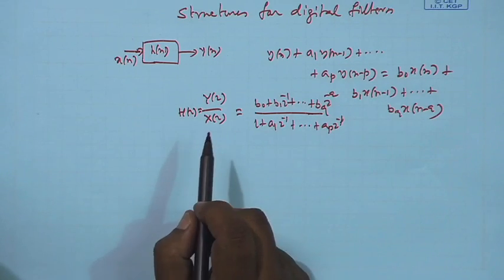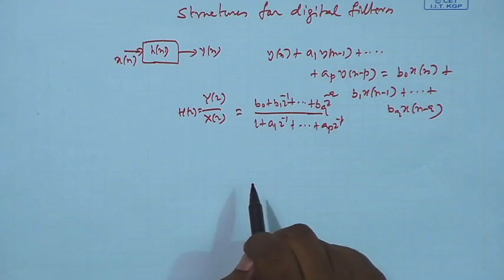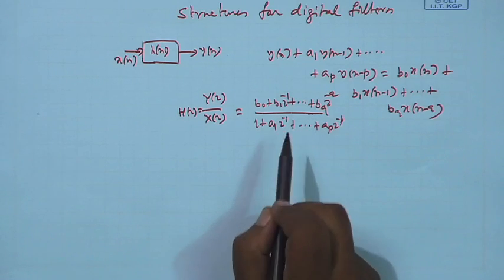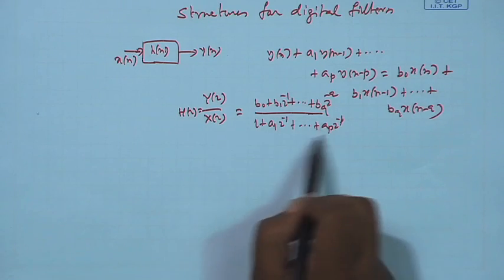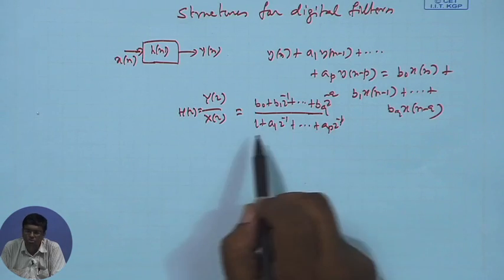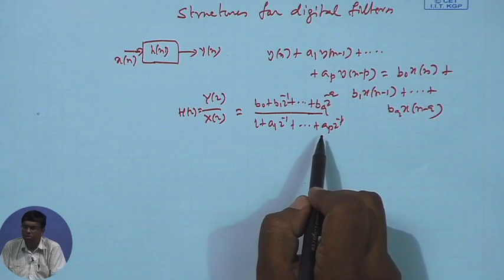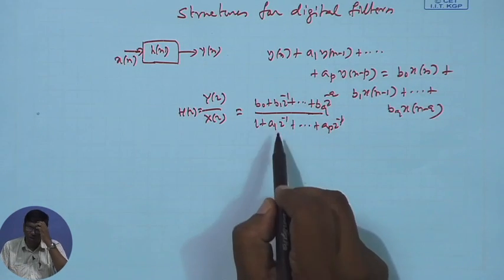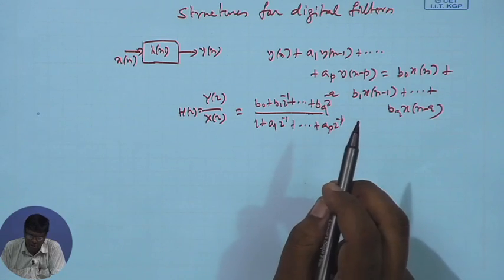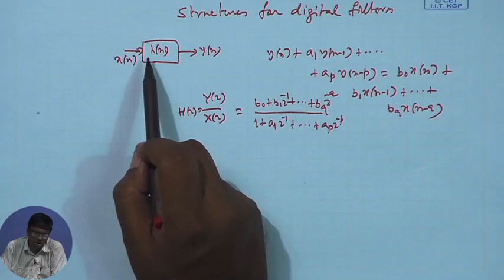One reason we choose this special kind of linear shift invariant system is that by choosing a1, a2 to ap, these coefficient values appropriately, we can ensure that the poles, that is, if you factorize this denominator polynomial into first order factors, the roots are called poles. So, they depend on the choice of a1 to ap. By choosing a1 to ap appropriately, you can make sure that all the poles lie within unit circle, which will ensure causality and stability, which is in general not possible to ensure for an arbitrary h[n], because